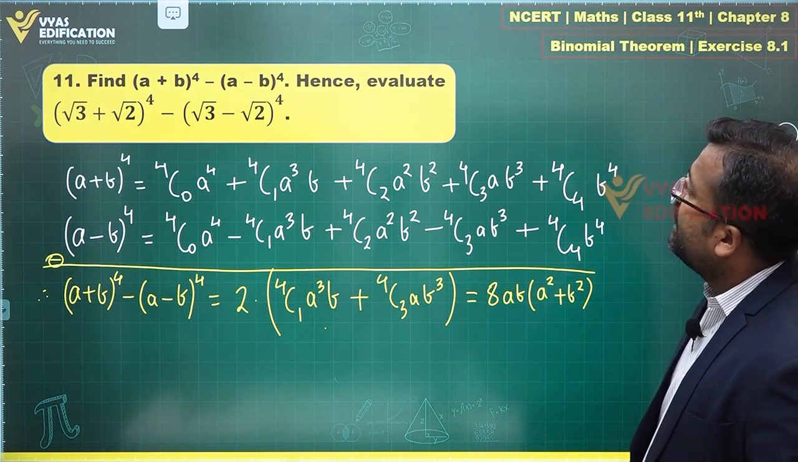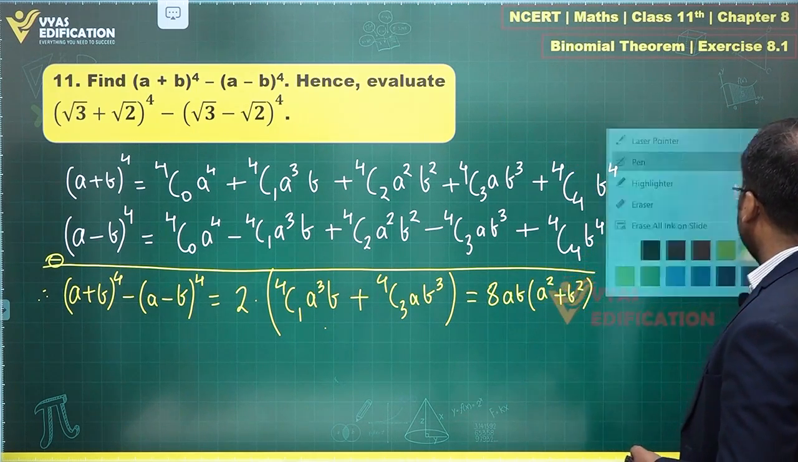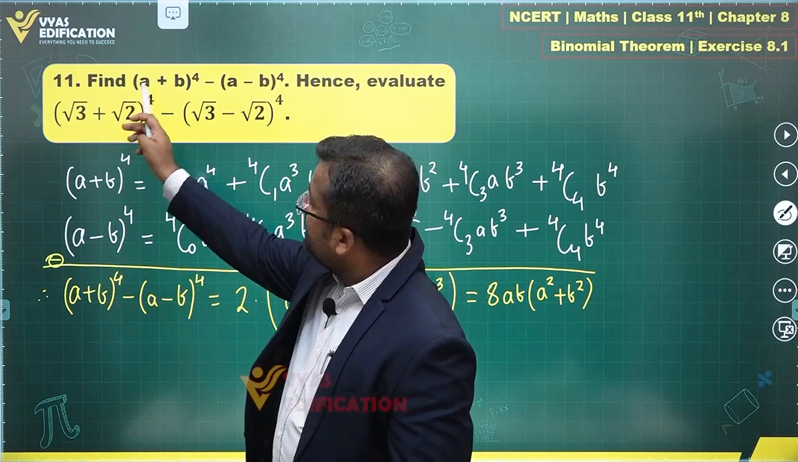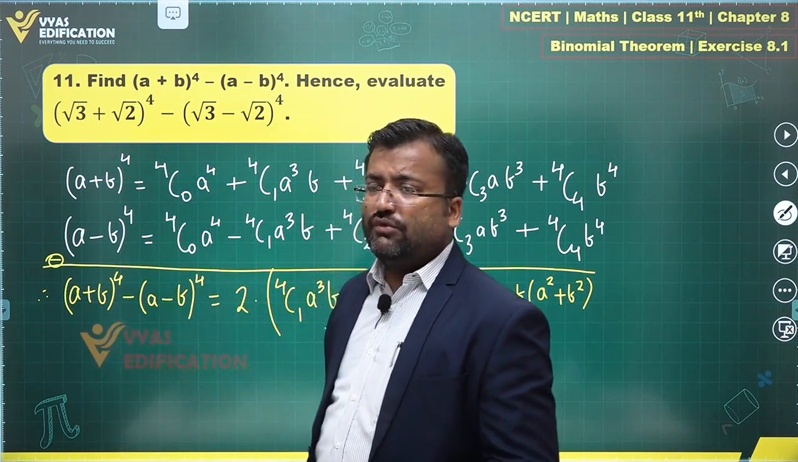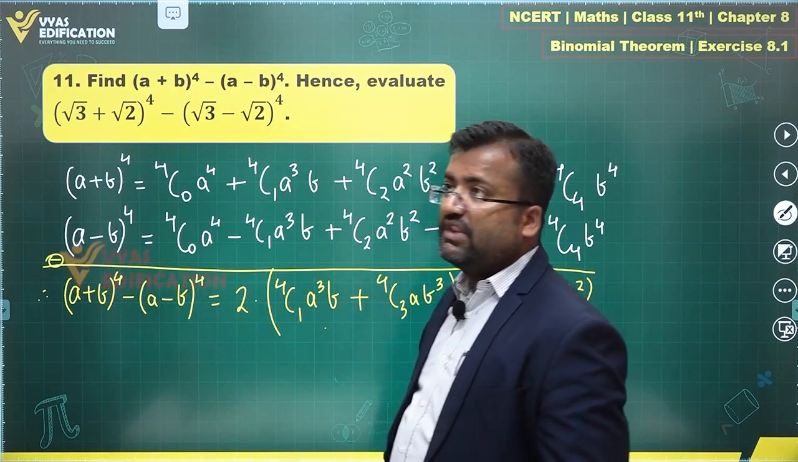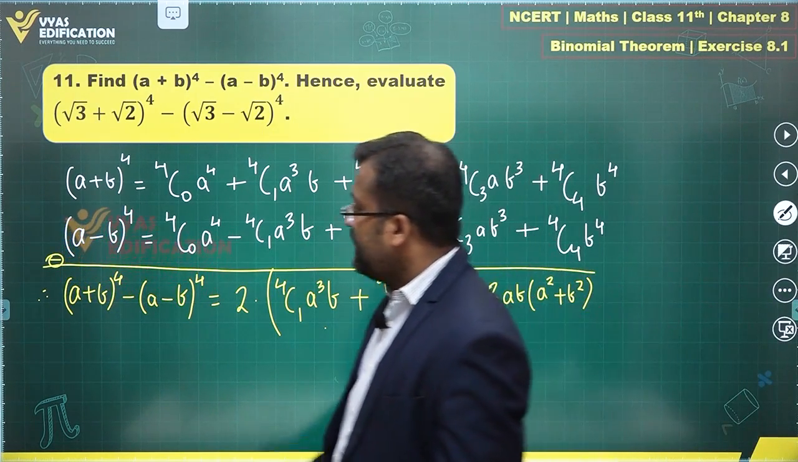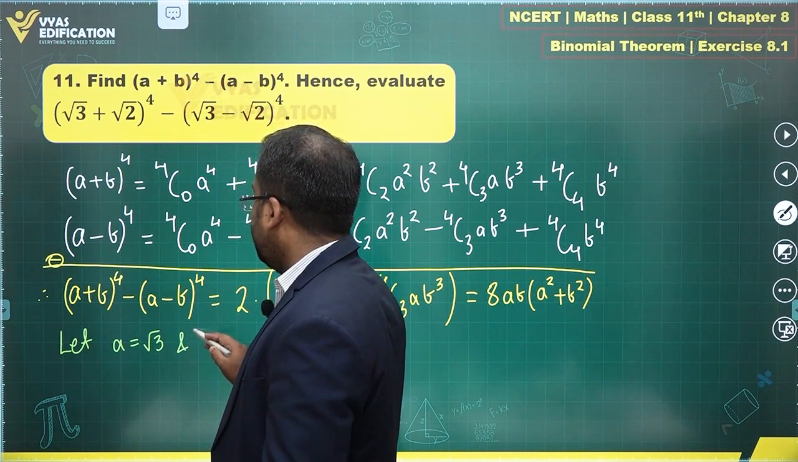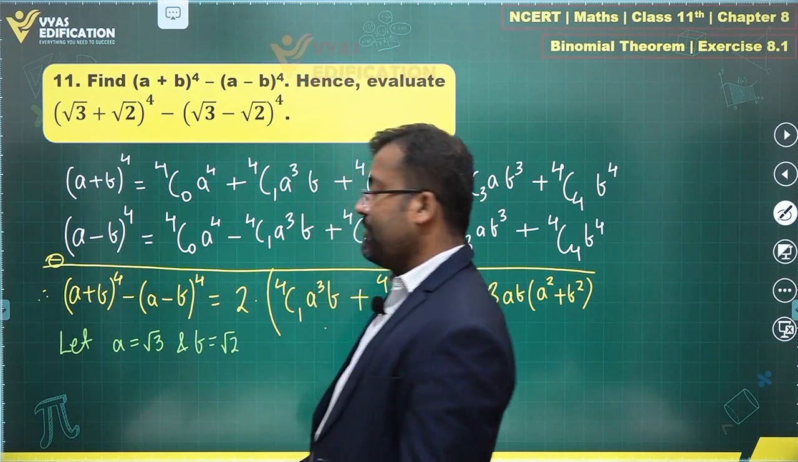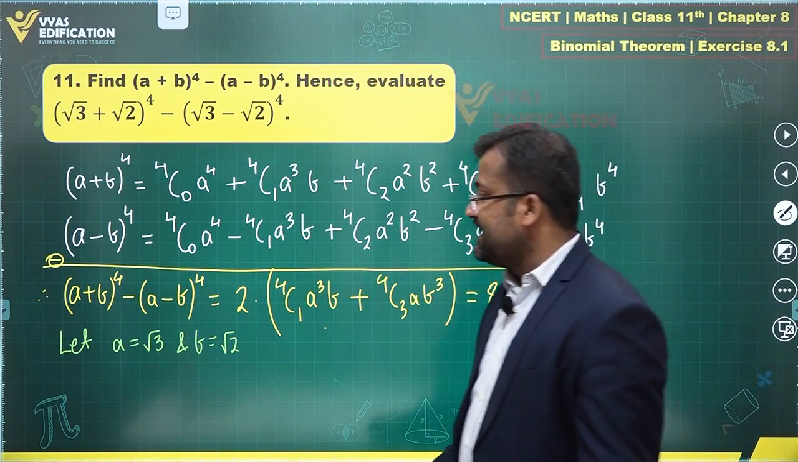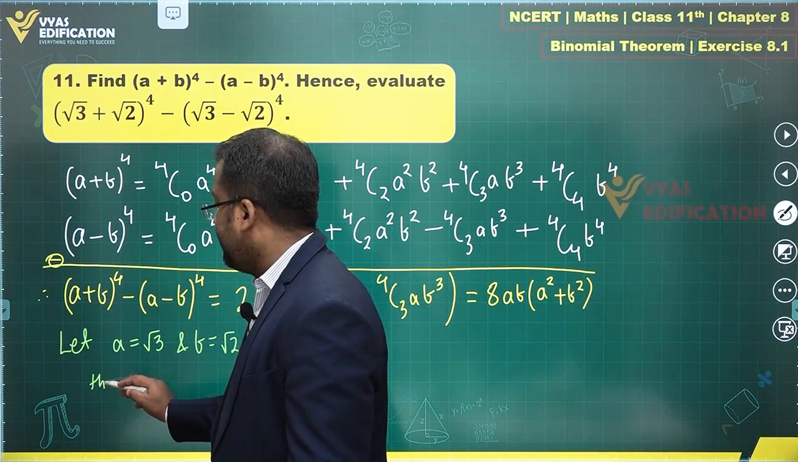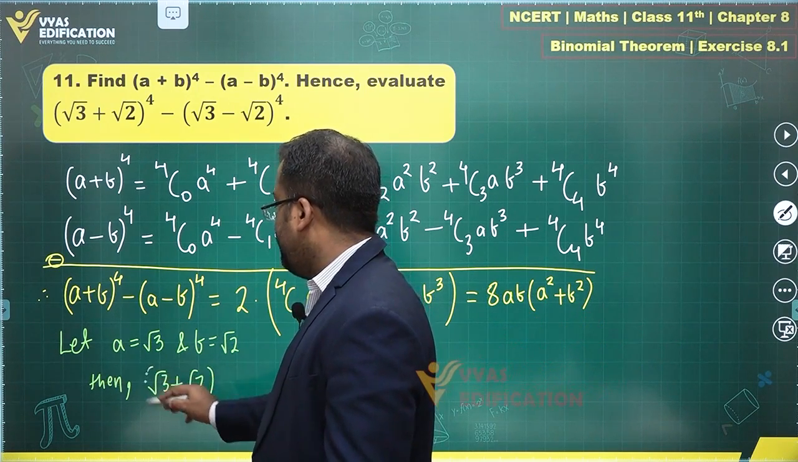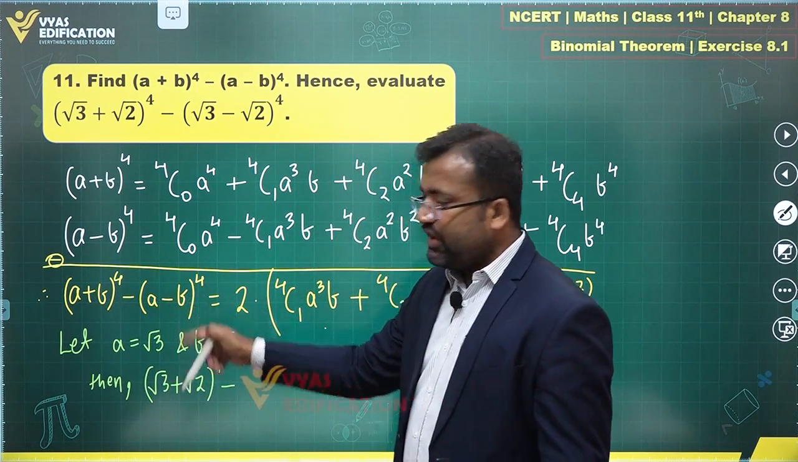Is that okay? Yes. Hence, on the basis of this, you have to evaluate something else. So, for evaluating that, you observe that a has been replaced by square root of 3 and b has been replaced by square root of 2. So, let a equals square root of 3 and b equals square root of 2. If you take this and this, then what do you observe? This becomes square root of 3 plus square root of 2 power 4 minus, this becomes square root of 3 minus square root of 2